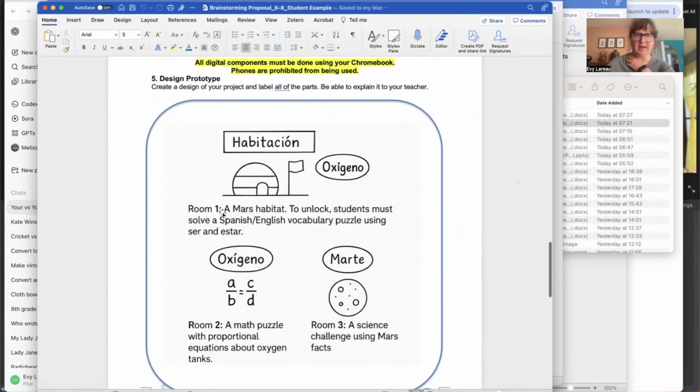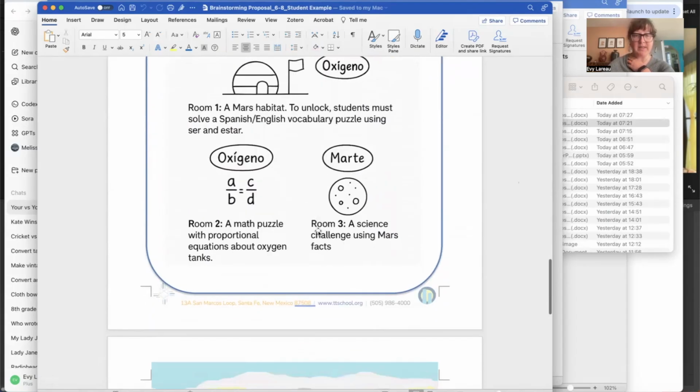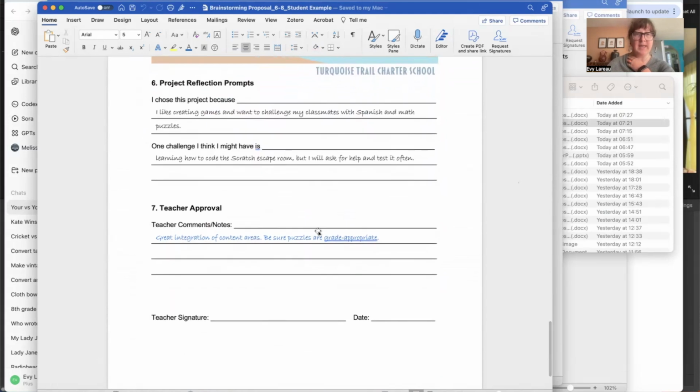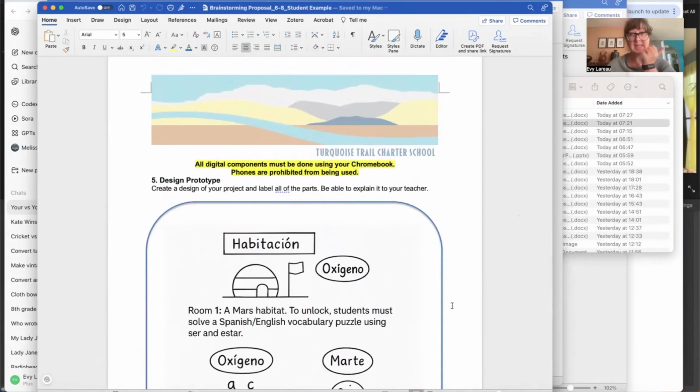I draw a detailed sketch of my project and label it. I answered the questions in complete sentences, and then I talked to the teacher about the whole process, and they will write a note and sign and date it to ensure